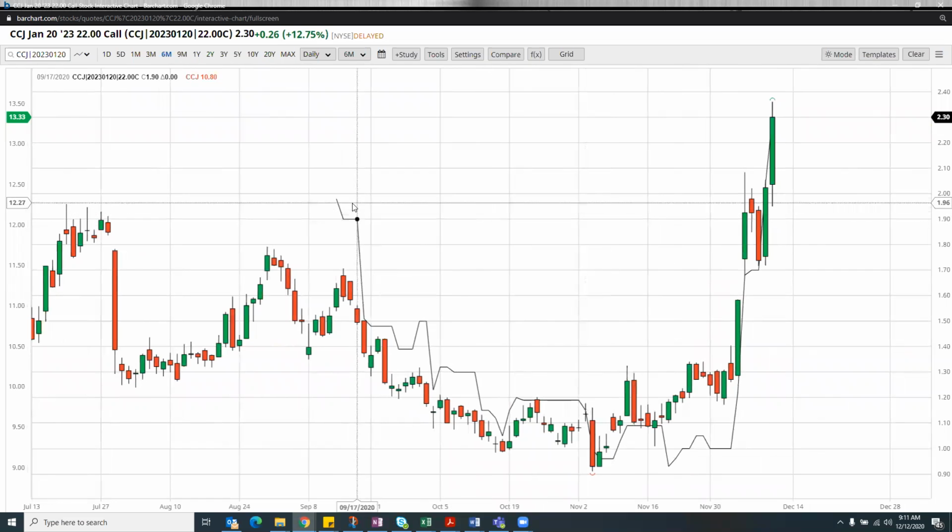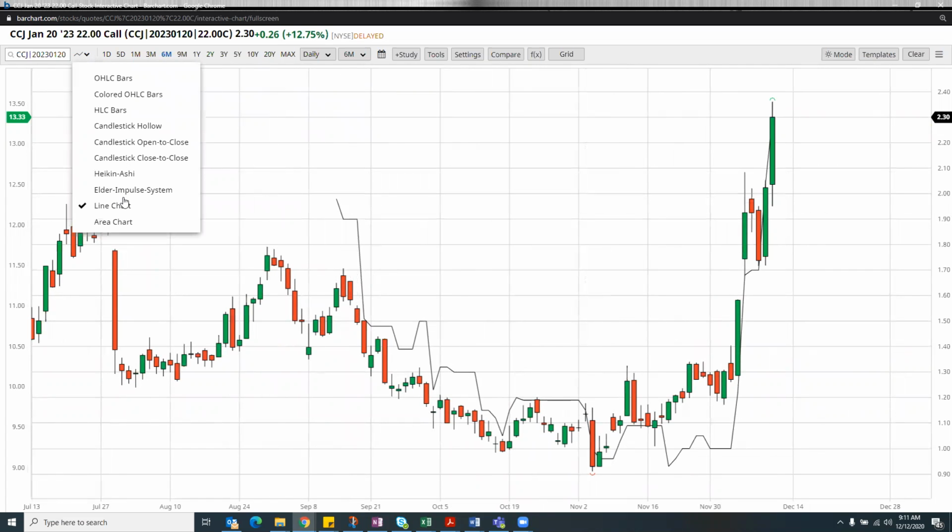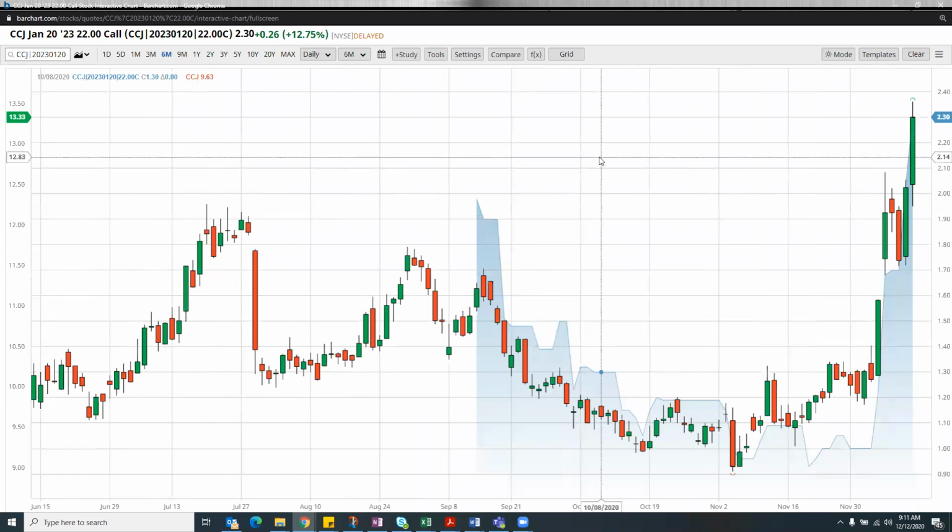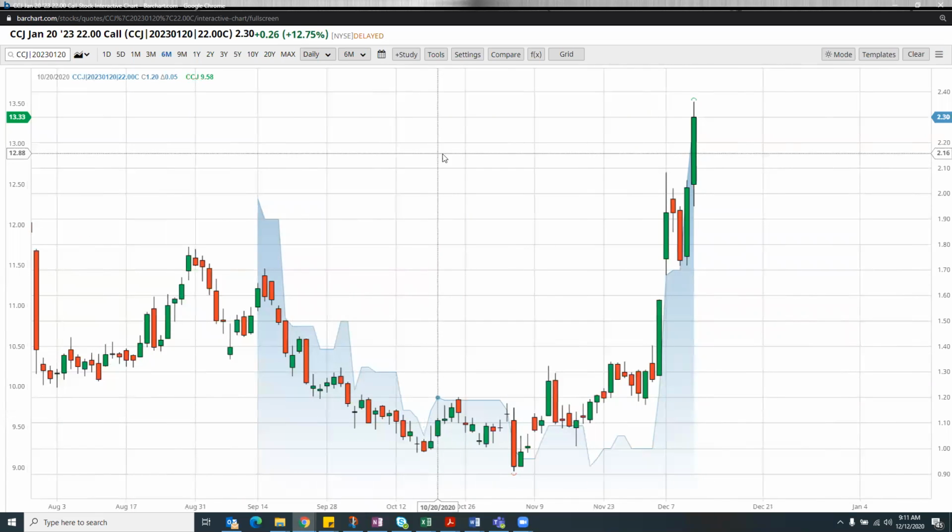Okay, so the option chart, I want it to be an area chart now. So with this being the area chart and this is a candlestick, let's say I wanted to